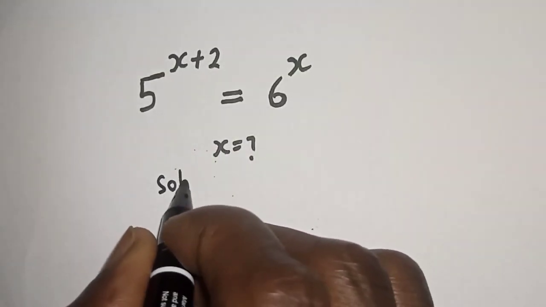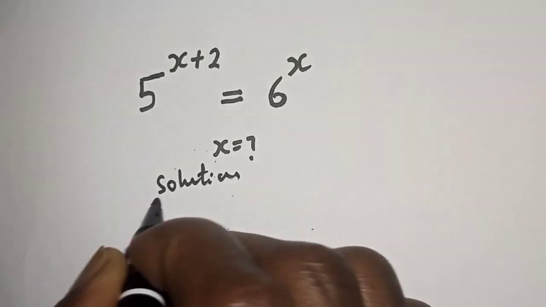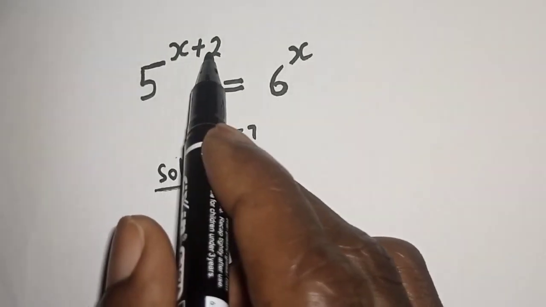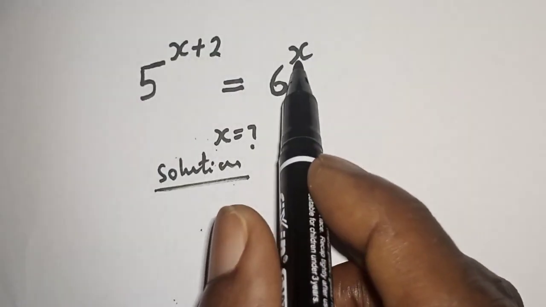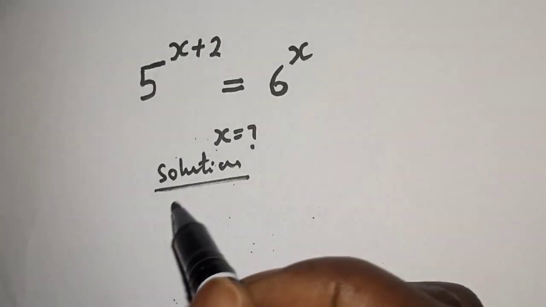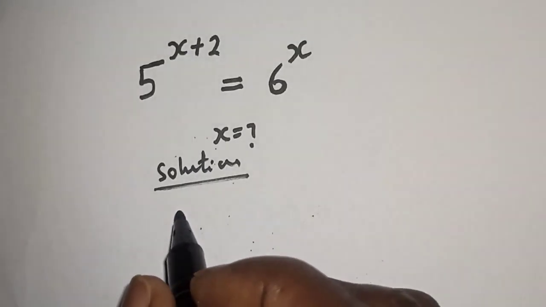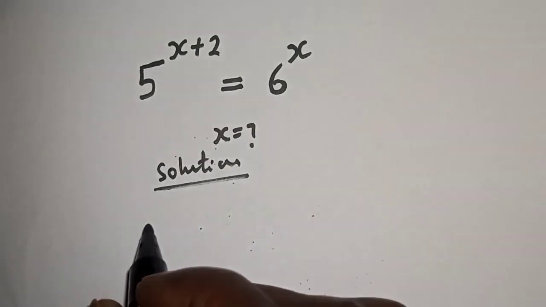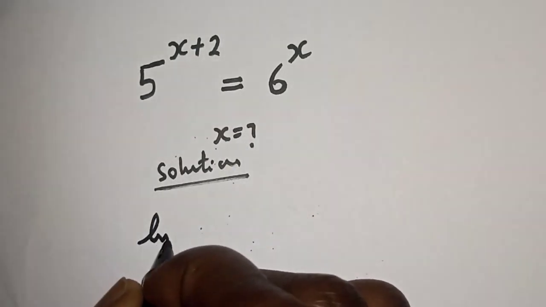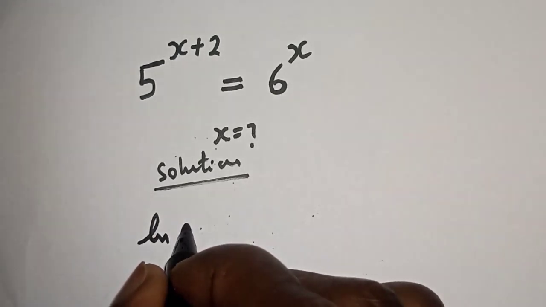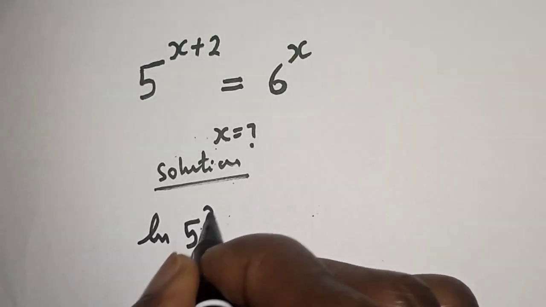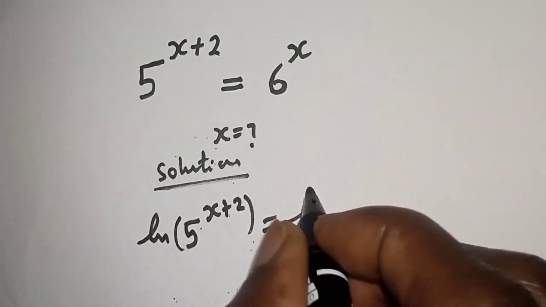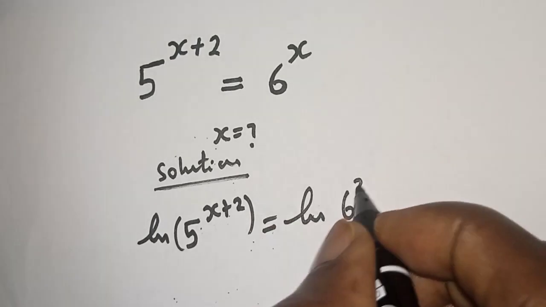Solution. The left hand side is 5 raised to power x plus 2 and the right hand side is 6 raised to power x. Let's take the natural log of both sides, that is ln of 5 raised to power x plus 2 is equal to natural log of 6 raised to power x,